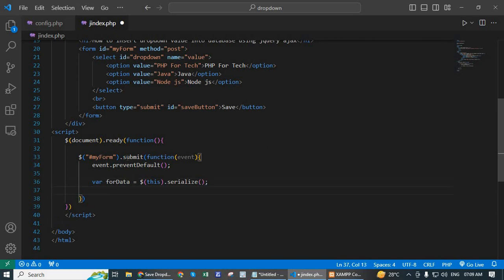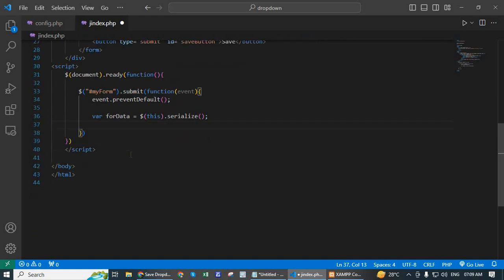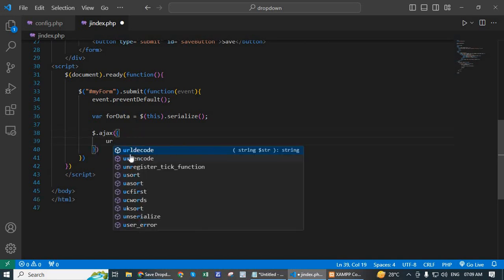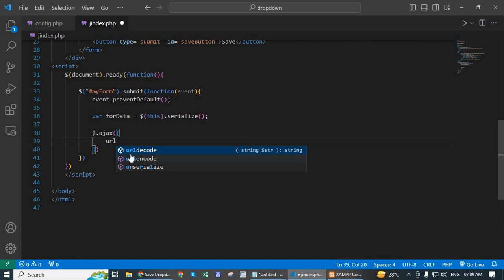Next, send the form data to the server using Ajax. $.ajax, write url. Here this space is empty to post the same page,